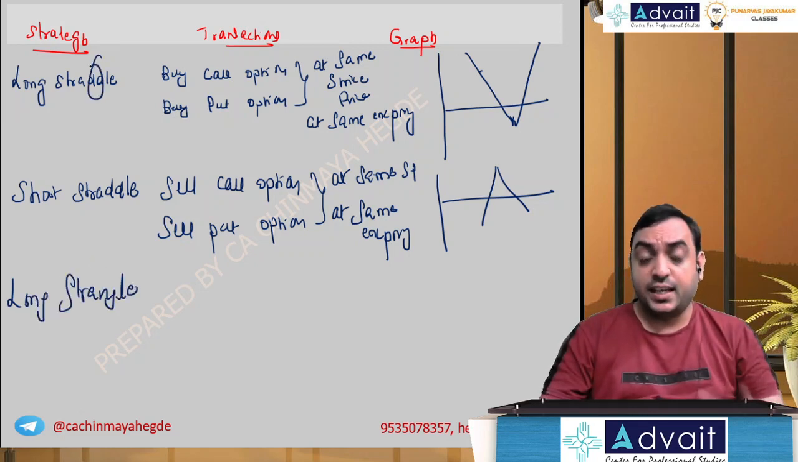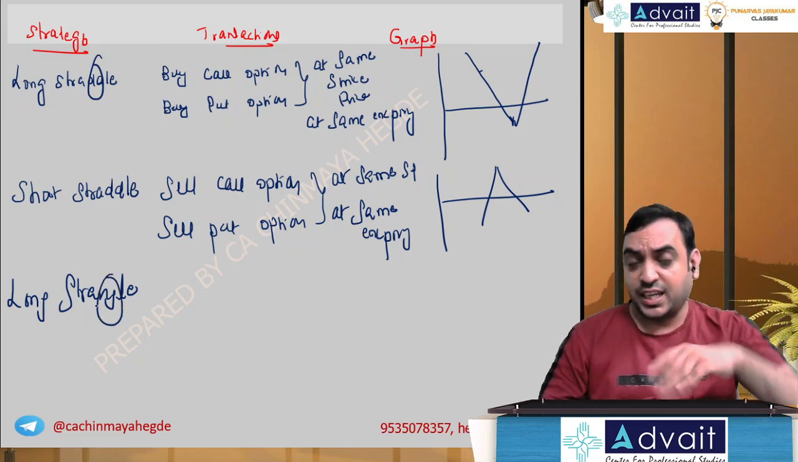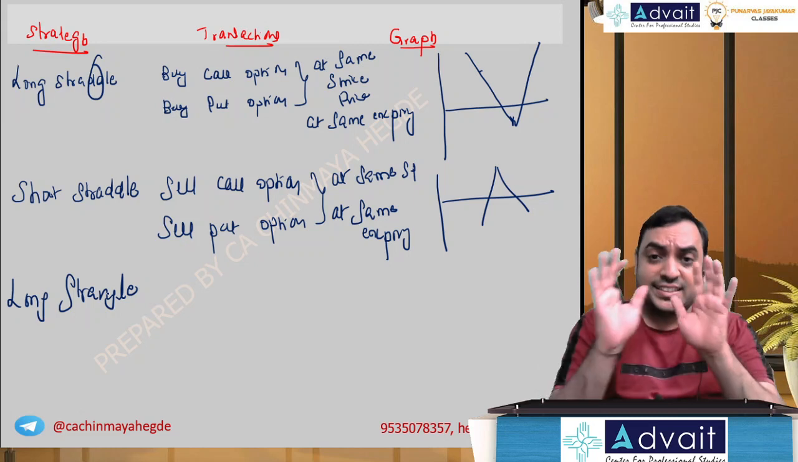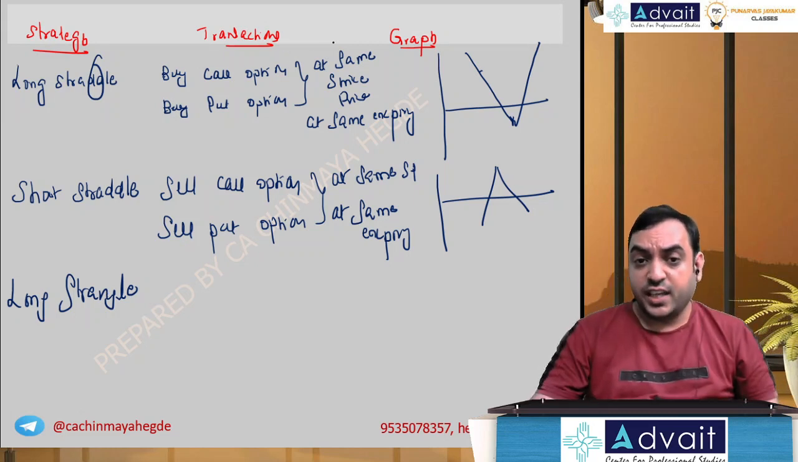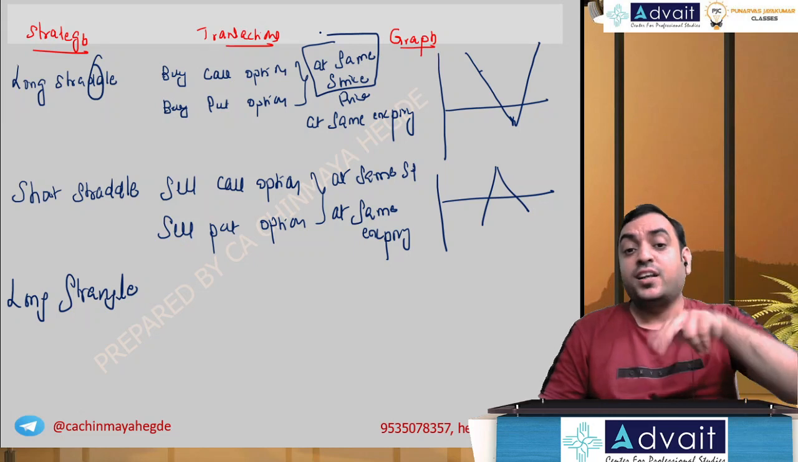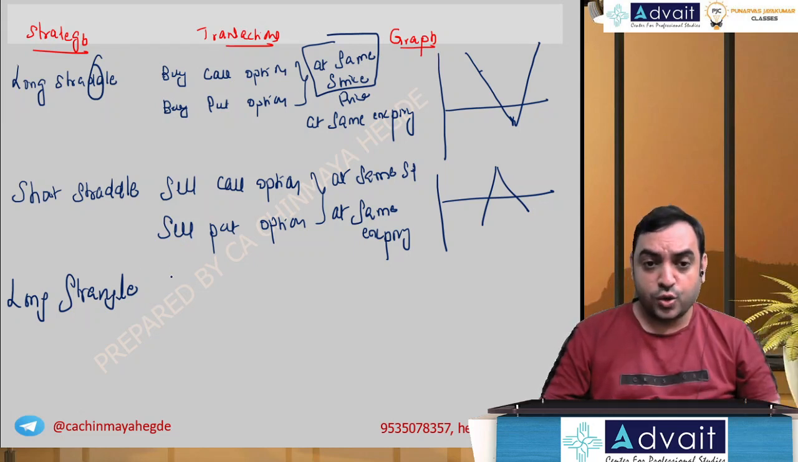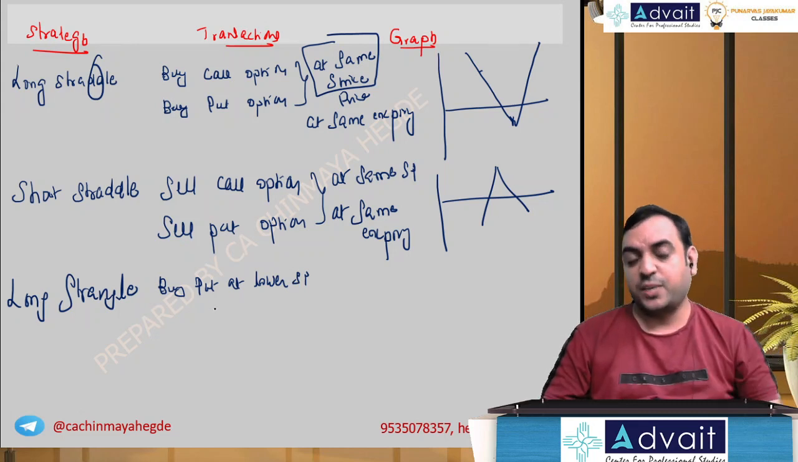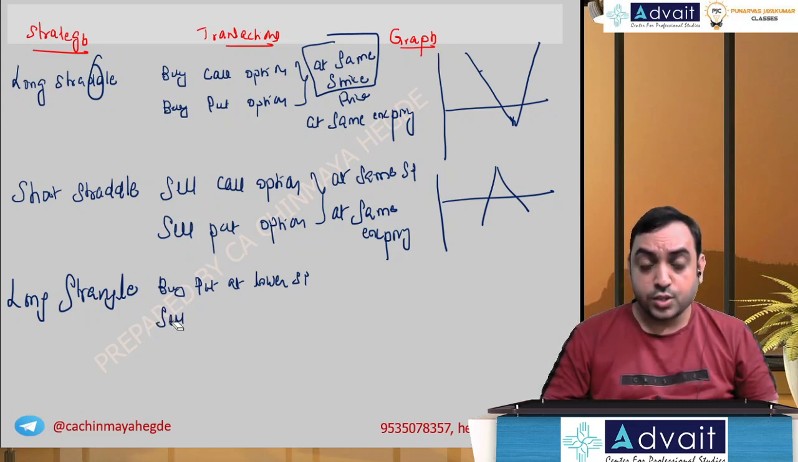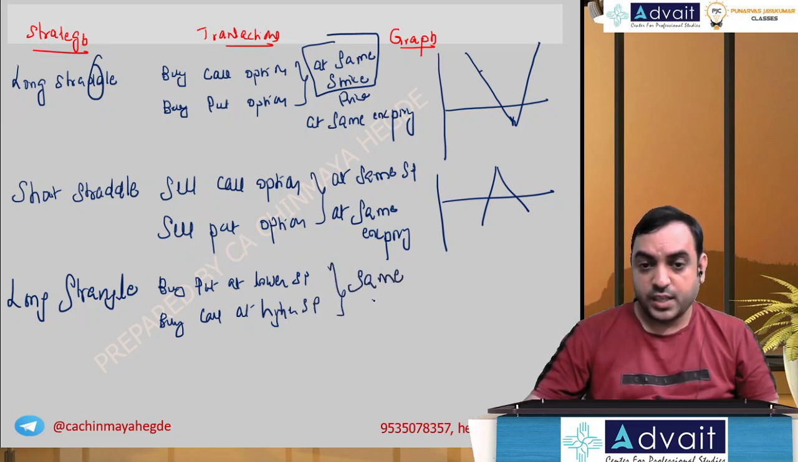Remember easily: D we have learned first, then G, alphabetically G comes later. So strangle. What is this? Exactly the same thing. The only difference is that there we took the same strike price, right? Here we'll do it at different strike prices. So here you buy a put at the lower strike price, SP, strike price, and buy a call option at a higher strike price, but the same expiry, and this is called